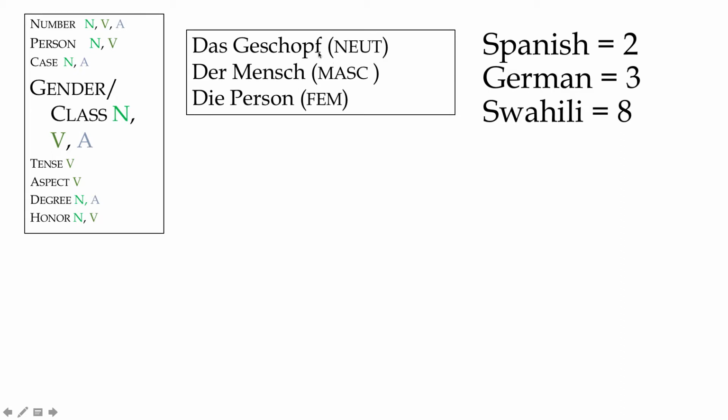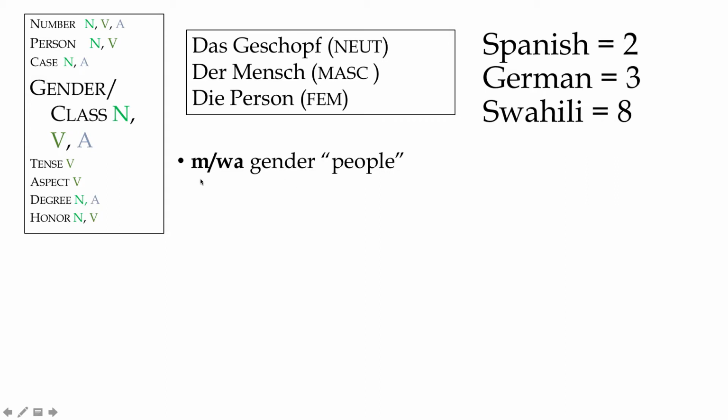So it's important, and there's a long tradition of calling these things neutral, masculine and feminine, because in general, usually male beings end up in this der class and female beings end up in this die class, but that's not always true. Das Mädchen is the word for girl, and that's in the neutral class. So gender is kind of a shorthand, which is inaccurate, actually, when we talk about feminine and masculine nouns. So we usually would say maybe class 1 and class 2, or das class, der class, die class nouns.